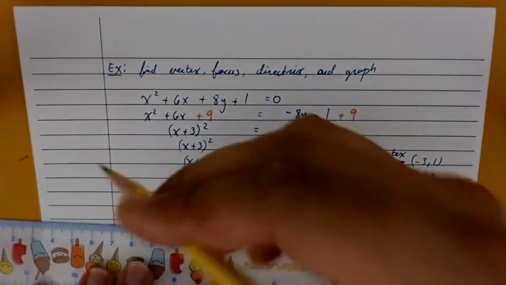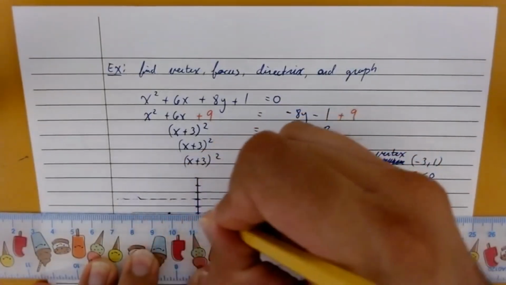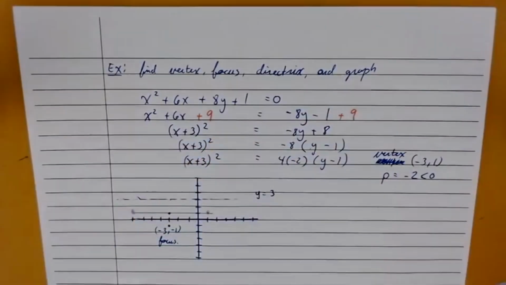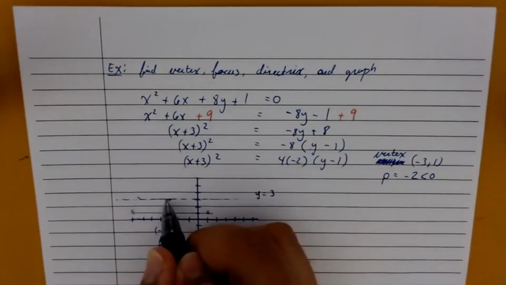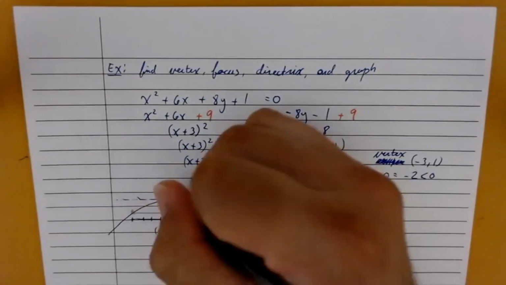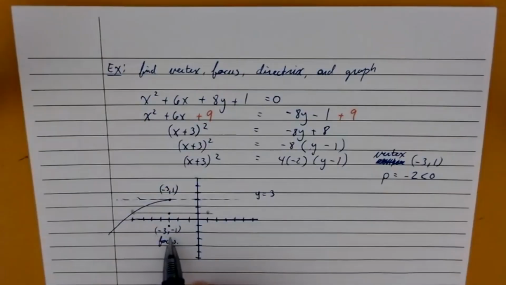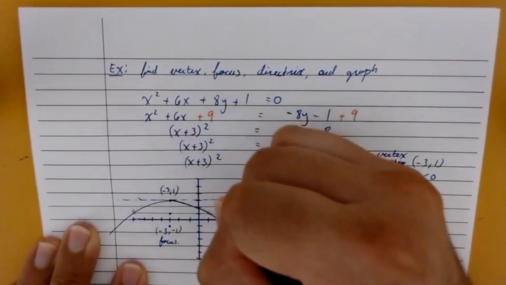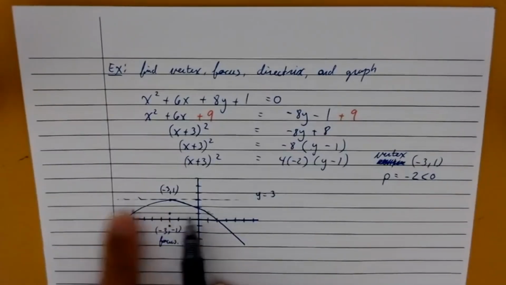Again, those 2 points are not on our graph, this latus rectum is not on our graph. However, the 2 points on either end are, and they tell us just how far open this parabola opens up, or in this case, opens down. So we have our parabola that has a vertex at -3, 1, a focus 2 steps below that at -3, -1, and it opens downward so that at the same level as your